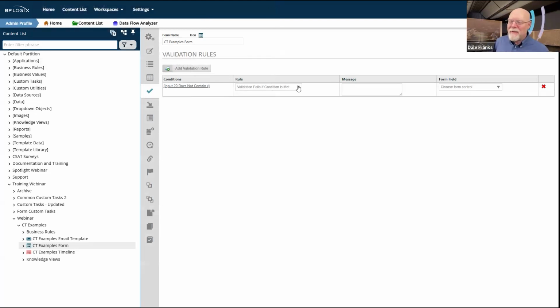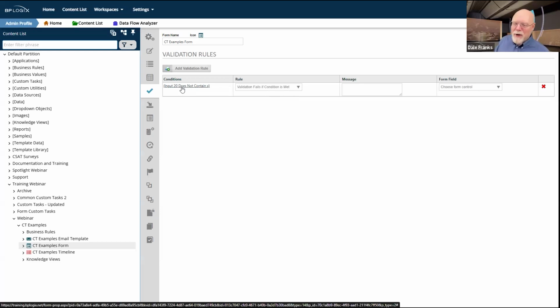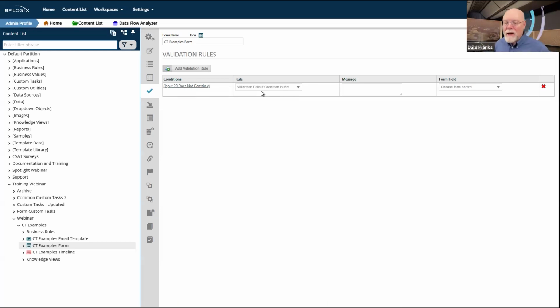The validation fails if the condition is met. I have the choice to determine whether it fails if I meet the condition or I don't meet the condition. So we're going to keep if met. So if I have an X in input 20, that condition fails. No, you've got to do this. This requires a little thinking sometimes. I want the validation to fail if this condition is not met.